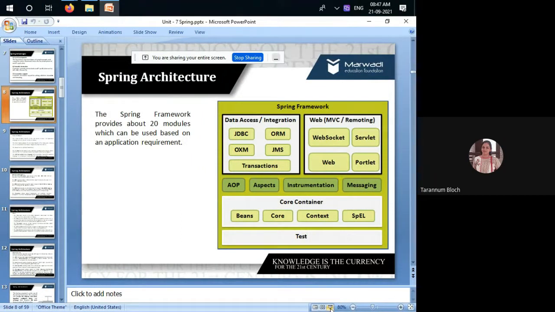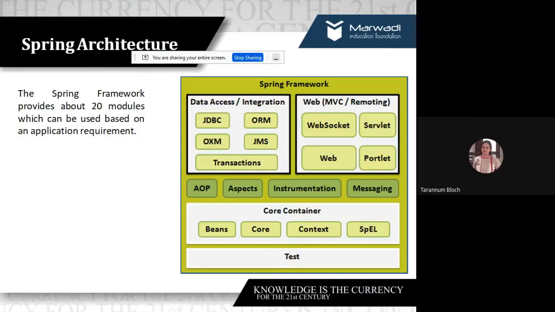Fine. Along with that, I said that transaction support is provided in the form of ready-made templates, and Java Messaging Service, which is not in your syllabus, but it is a parallel technology like your JDBC. Fine. So this was the last time's discussion.